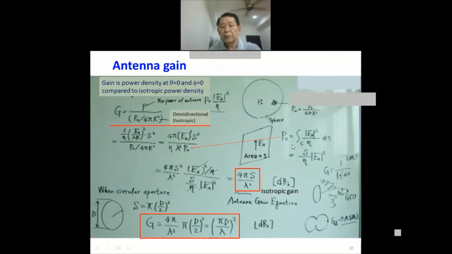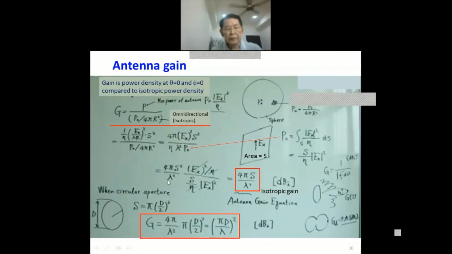So, summing all the electric field, this is the power density of the electric field over this area. This becomes the original radiated power on the antenna. This can be calculated with this one. So put P0, this expression, and